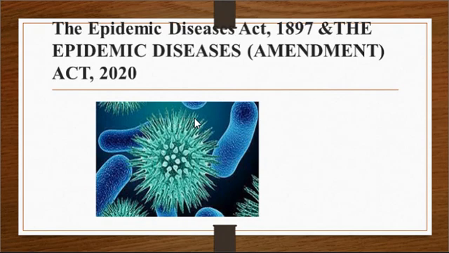And see, there were some arguments saying that this act should be repealed or it should be substituted by a better act, right? So in 2020, there was an amendment in the Epidemic Diseases Act 1897, and now it is called the Epidemic Diseases Amendment Act 2020. So in today's video, we are going to discuss both the acts, 1897 as well as the Amendment Act of 2020. Moving on to my next slide,